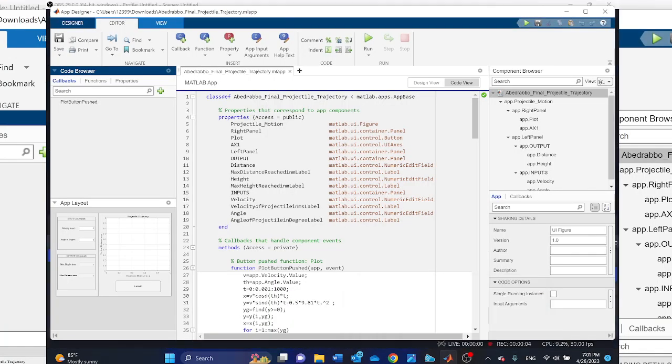Hello, my name is Layla Abedrabbo, and I'm currently a senior majoring in environmental engineering studying at FGCU. This is my final project where I've conducted my coding from the software known as Matlab, specifically using Matlab App